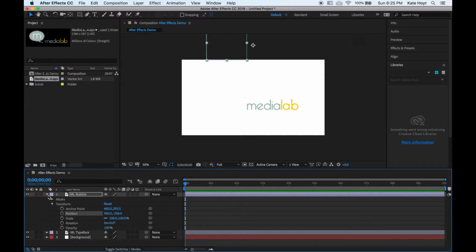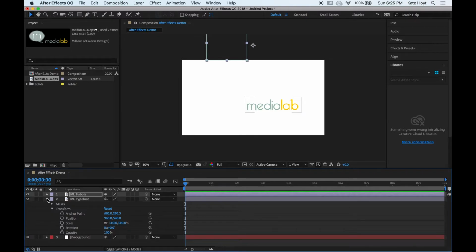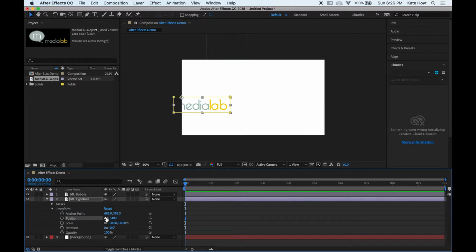All right, so then of course we need to do the same thing with this MediaLab typeface. But instead we know that the MediaLab typeface moves horizontally from the left, so we're instead going to take the X coordinates and reduce those. So let's start, just to save the effort, by typing in 0, and then I'll start to click and drag. And I need to do that a little more. And again, once more. Okay, so now we can see that our timeline is at 0 and nothing's on the